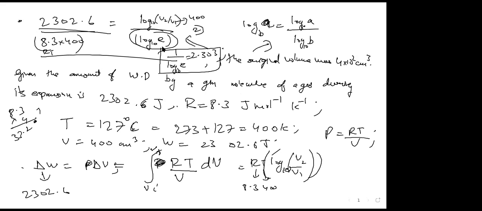Okay, that is why I think we were made to learn that formula. Yes, you were made to learn that formula. यहाँ से आता है वो formula. Okay, sir, now you know. चलो ठीक है. Once you put in, you'll get the value of V2 to be 800 centimeters cubed. So just check that and we'll meet each other tomorrow. क्योंकि अब late हो